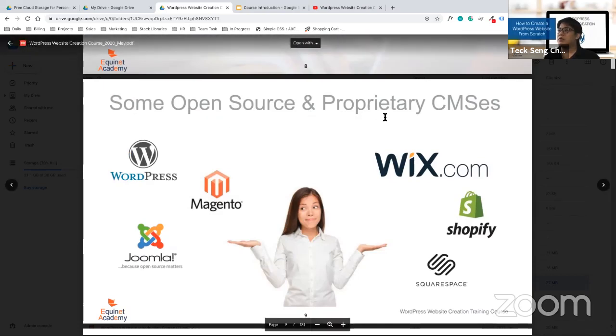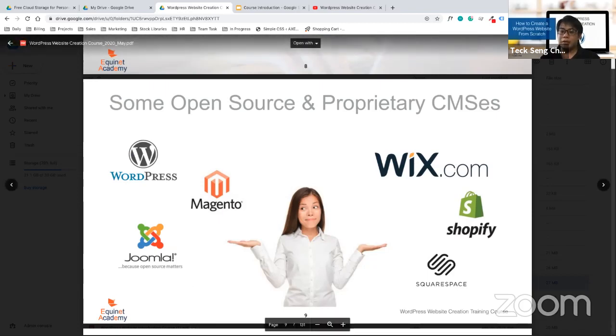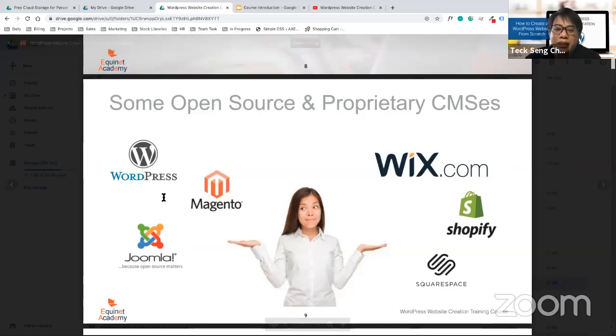Of course, the proprietary, closed source type, you have like Wix, Shopify, Squarespace. For closed source, you need to pay a license fee for the CMS itself. Usually Wix and Shopify will ask you to pay maybe $6 or $30 per month.